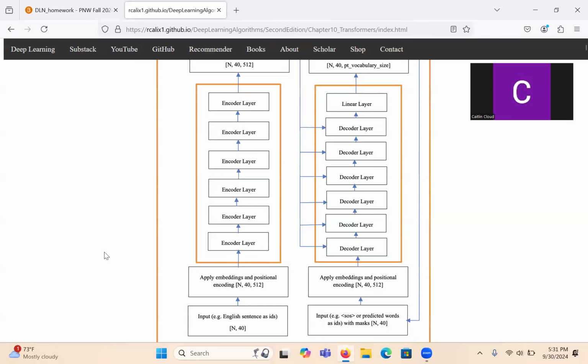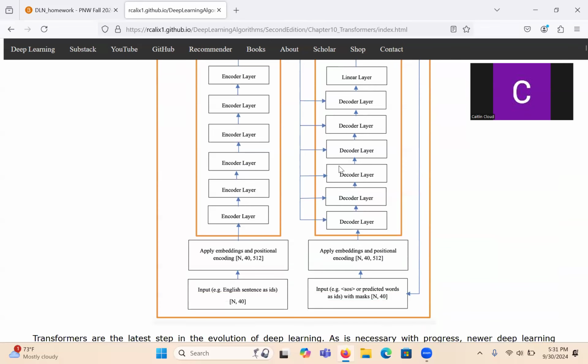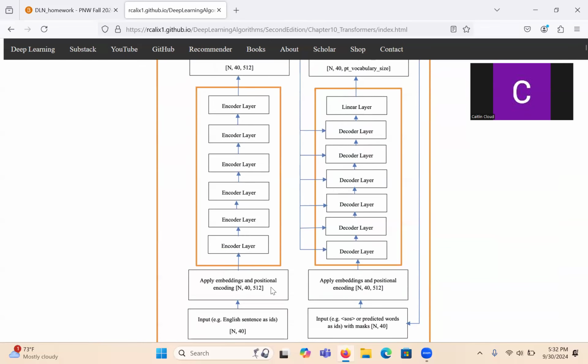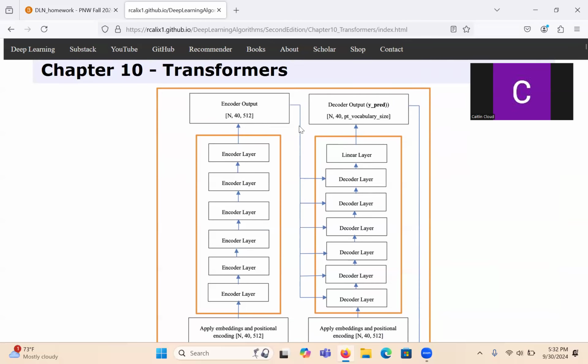Yeah, I get that. Think of it as the brain, and it's going to receive some information, process it a little bit, and then use that information to process a little bit more, and then use that information to process a little more over time. So we don't necessarily look at the output here, but you're going to look at the output over here. Think of it like this. I have English and Portuguese sentences, right? So I give it English here, and it goes through here, here, here, all the way through here. Then it comes in here to all of these layers, and then it comes out here.